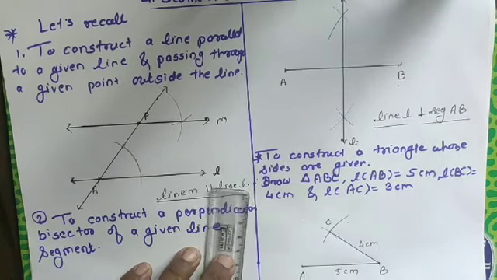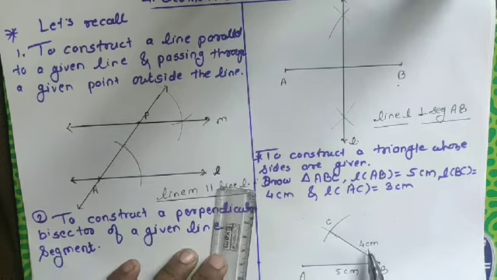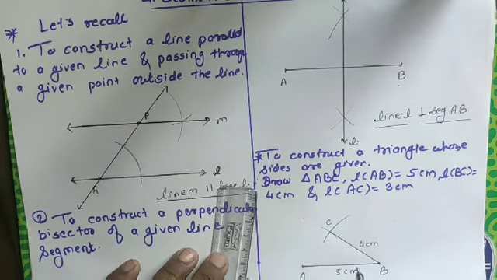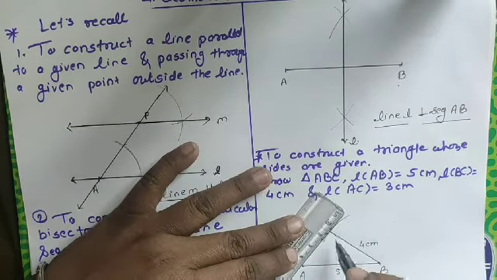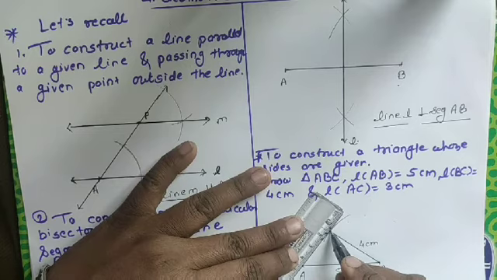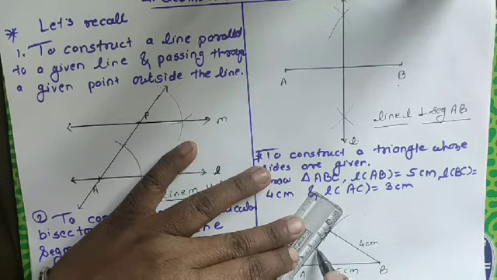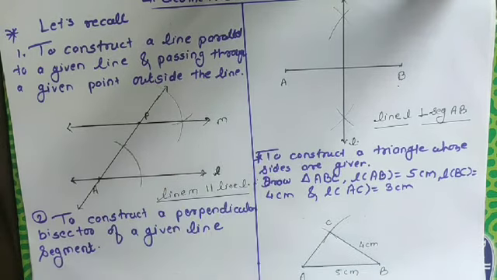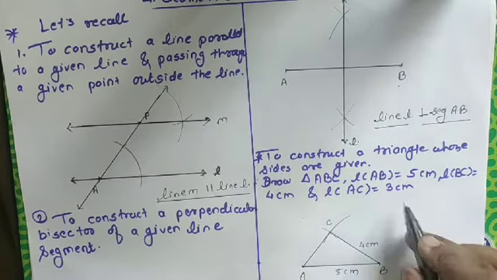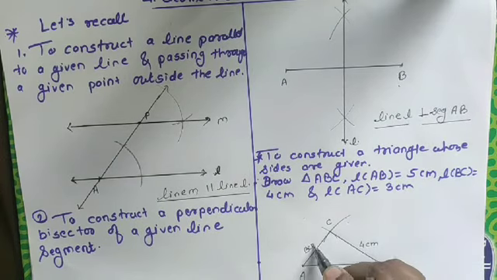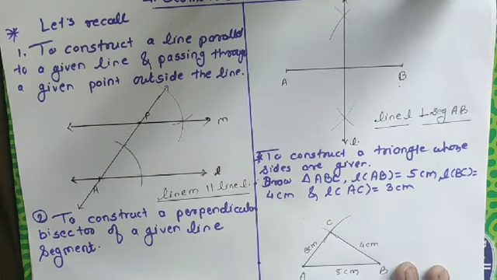Many times I am going to tell you that you have to use pencil for writing these measures, names, and taking the scale. I am using a pen here because the pencil is so faint that at the time of making videos you can't see it properly. So this is my AC and its measure is 3 centimeter.